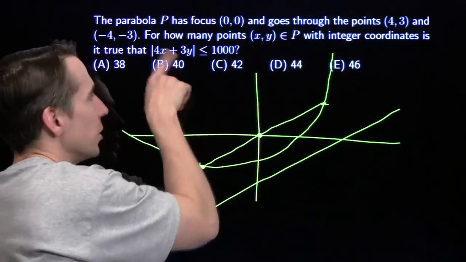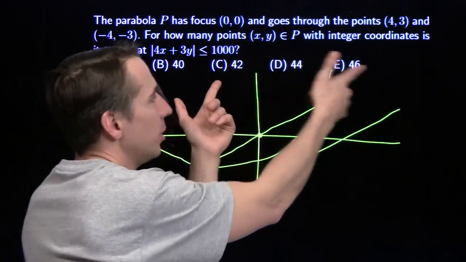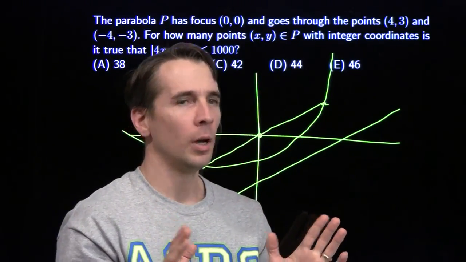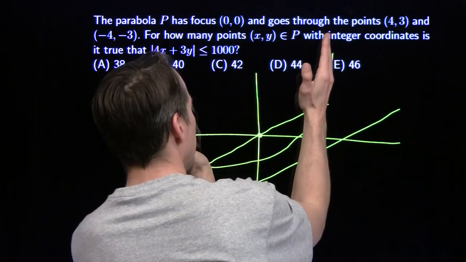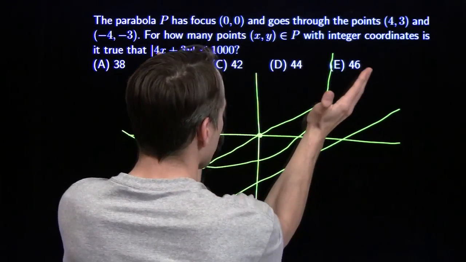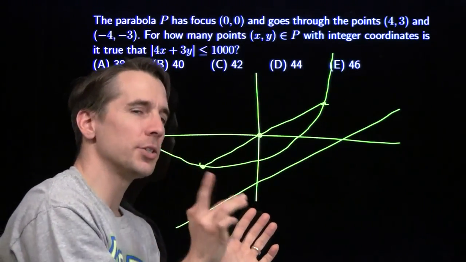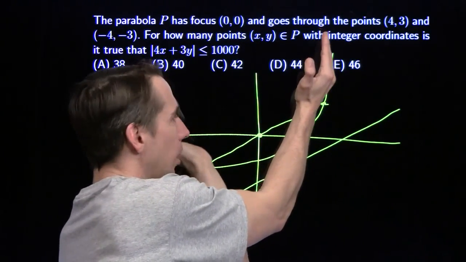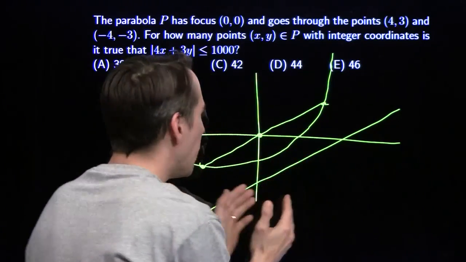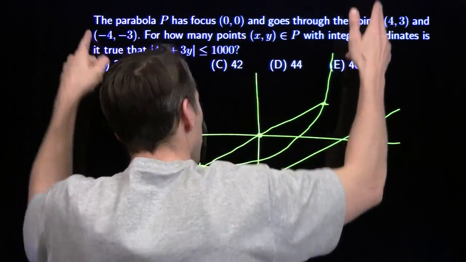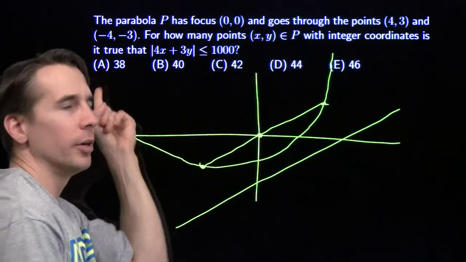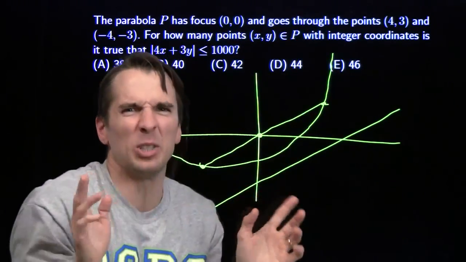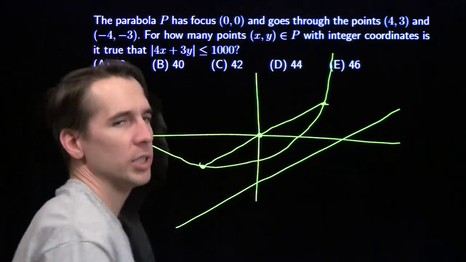Now, you'd be forgiven for just circling 40 and moving on. I mean, clearly the answer can't be 42, 44, or 46. But there's a little wrinkle here that we have to be careful about. All we've shown is that every single lattice point that was on this, when we rotate, becomes a lattice point on the nice parabola. We didn't show that every lattice point on the nice parabola comes from a lattice point on this. So it's possible that in these nice 40 lattice points, 38 of them come from this rotation, but there might be 2 renegades, 2 really mean lattice points that pop up out of the blue.